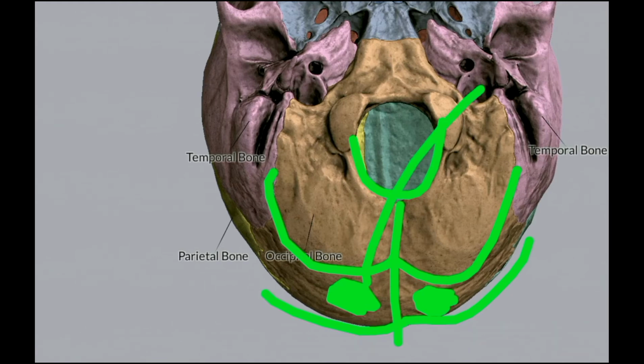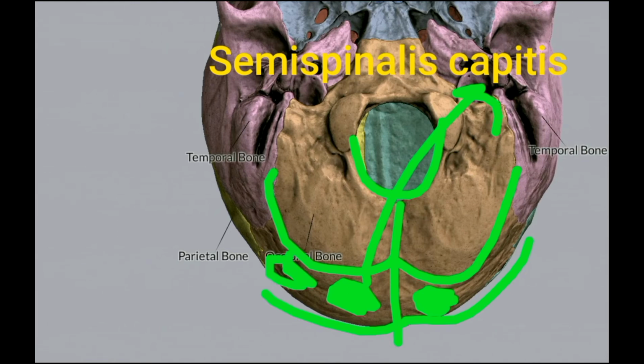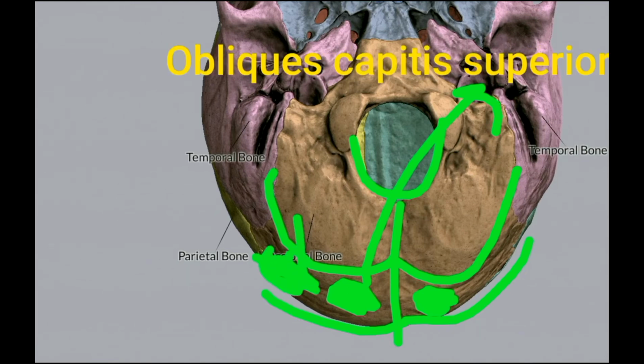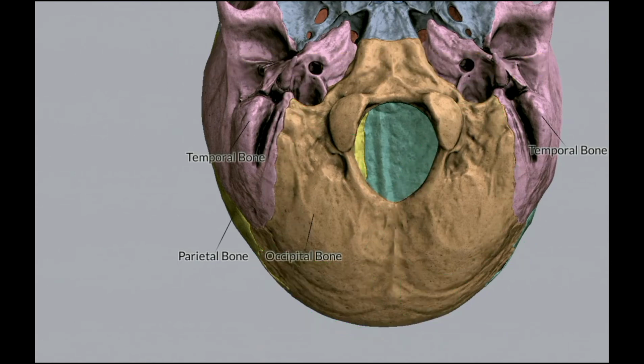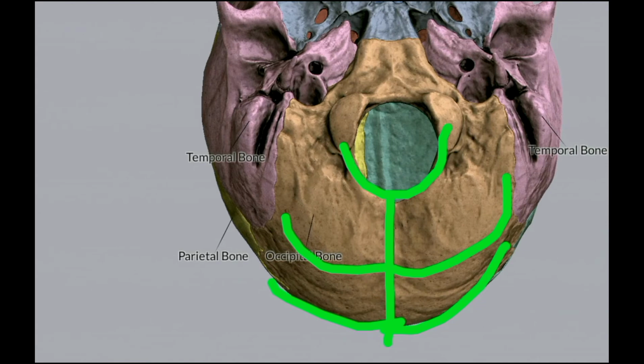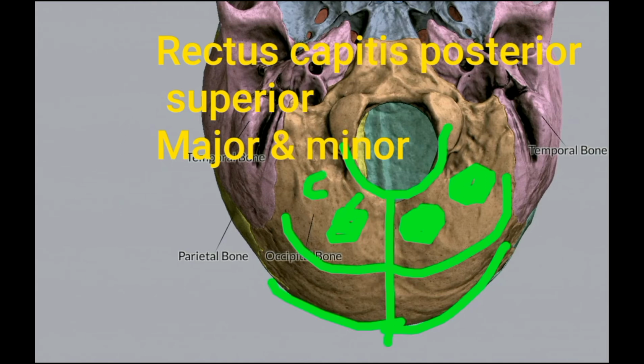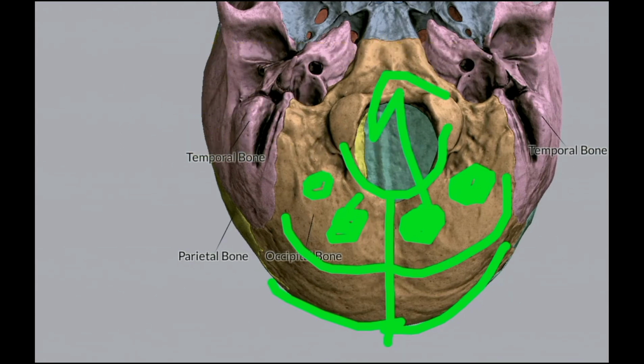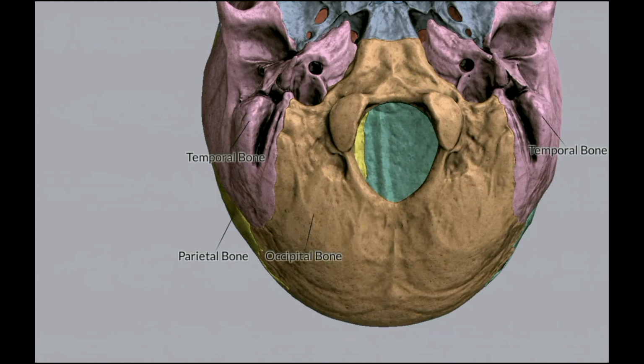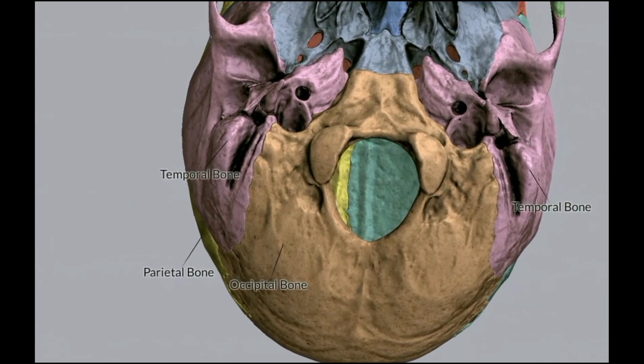The area between the superior and inferior nuchal lines medially gives attachment to semispinalis capitis, and laterally to obliquus capitis superior, one of the boundaries of the suboccipital triangle. The area between the inferior nuchal line, which comes from the midline of the occipital crest, and the posterior margin of foramen magnum gives attachment to rectus capitis posterior minor medially and major laterally. These are attachments to this squamous part of the occipital bone.